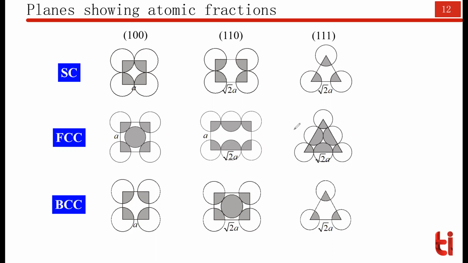Third one is the 111 case. 111 case is something like this. You did it in the previous case also. It will be a triangular plane where 3 atoms are at the corners. Now, in addition to this, every edge, side edge of the triangle is the... let me show it in the 3D version.